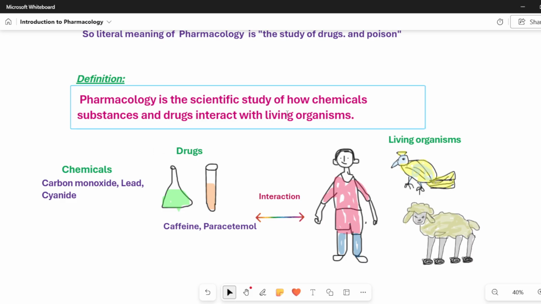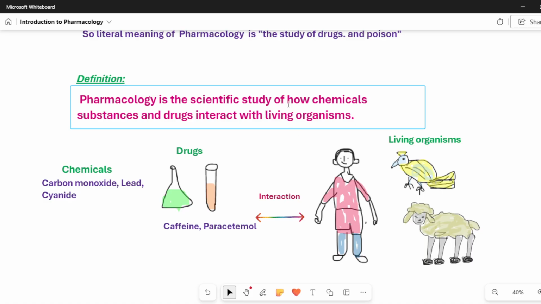By studying these chemical substances and drugs, we can understand how they affect our human body. Toxicology is one more branch under pharmacology, where the effects of poisons, all toxins, in the human body are studied separately.